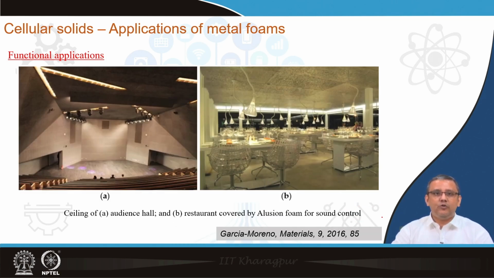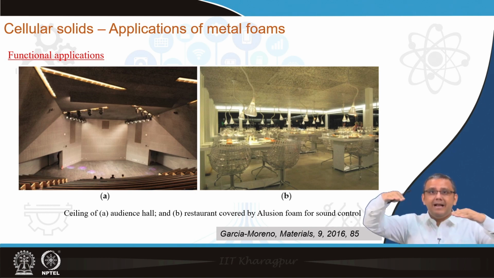Again, some examples are being shown here. Figure A shows an audience hall, an opera hall, where the ceiling is made out of metal foams, and image B shows a restaurant where the top ceiling is again made up of metal foams, the porous metals, these open cell foams, and these are excellent materials for sound absorption. Several things have been combined together here. One is the low density, then the sound absorption capability, and also the structural stiffness, because they have made the roof of